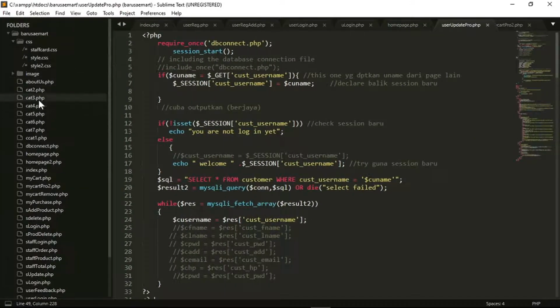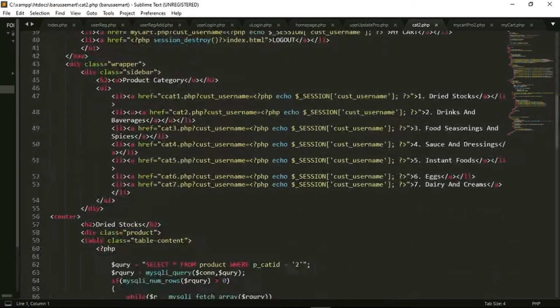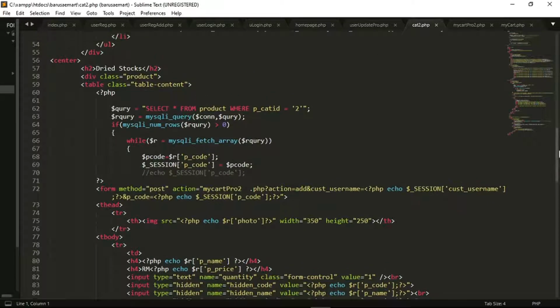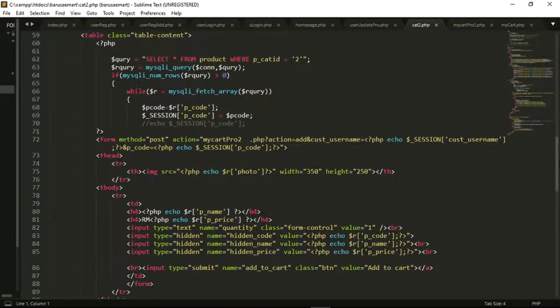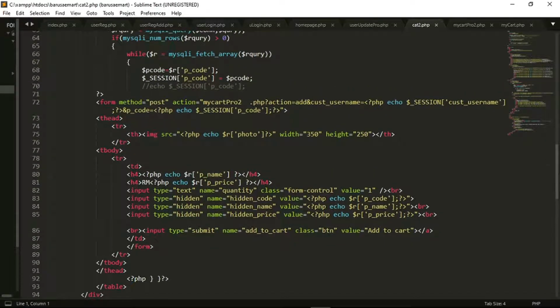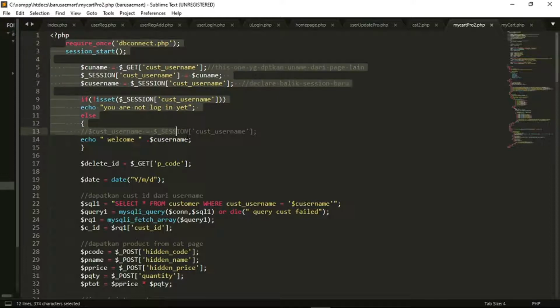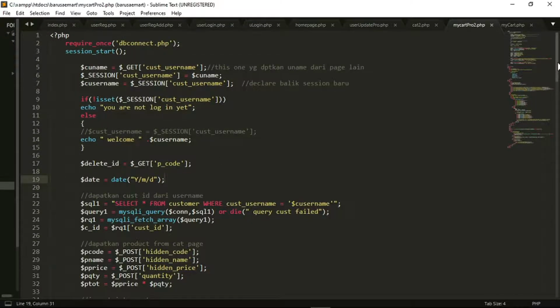So next is the add to cart function. First, at the category page, we have the add to cart button, and if we click this button, it will go to my cart pro.php, which is here. So in this page, we have some PHP,